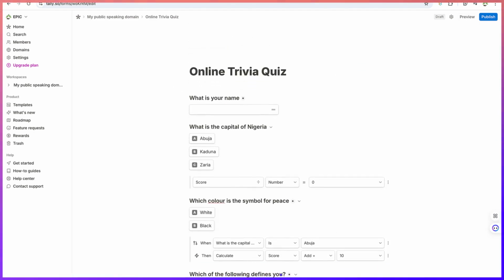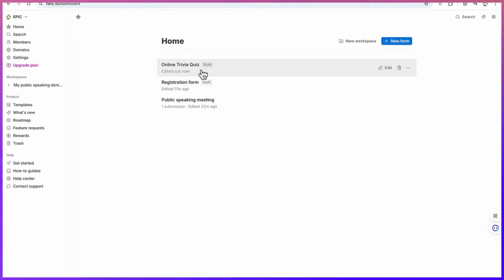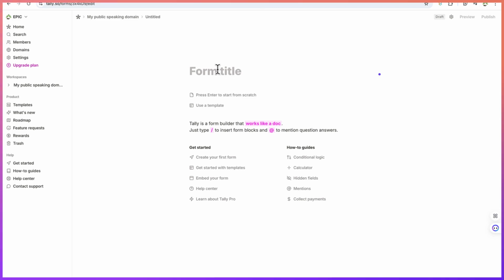This was from a template, so you can always come back to the home, and you'll be able to see what forms you have created. You can create a new workspace to work on a new project. You can go ahead, or you can create new forms directly. If you want to create from scratch, it's also the same process. You can create from scratch. Now you have to give your form a title. Let's say this is some registration form